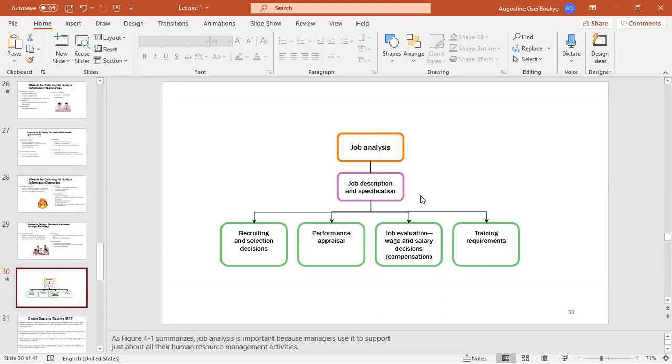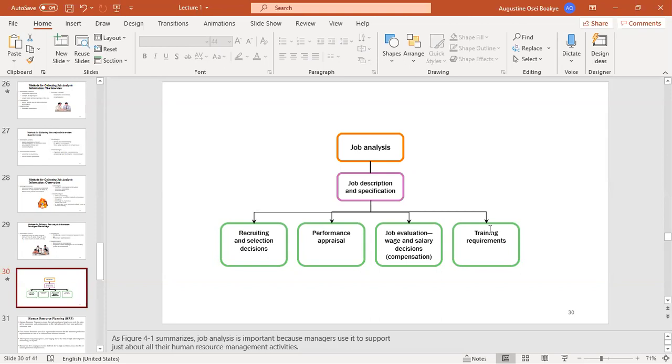Once again, when we talk about job evaluation, we are basically assigning values or worth, relative worth or value, to a particular position or job in an organization. The last aspect is that information gathered from job analysis can be used to provide training for members of an organization. And this is so because it will provide a comprehensive knowledge to the job analyst, the HR manager, and the human resource planner, particularly, to know